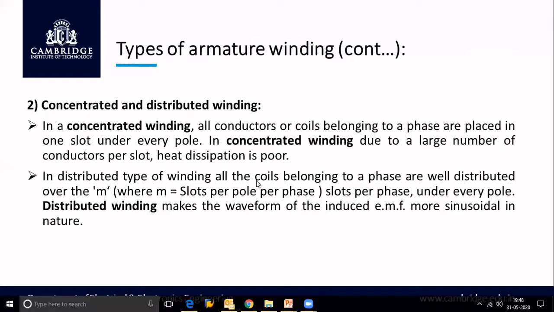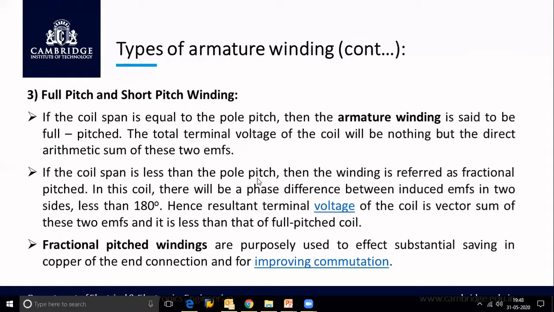So hence distributed winding is preferred in case of three-phase alternators. Now coming to the full pitched and short pitched winding. What is meant by full pitched winding and short pitched winding? If the distance between the two coil sides is equal to a pole pitch, otherwise we can also say, if the coil span is equal to pole pitch, then the type of winding is known as full pitched